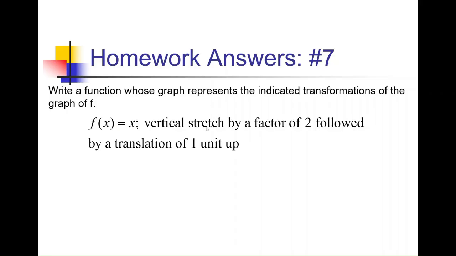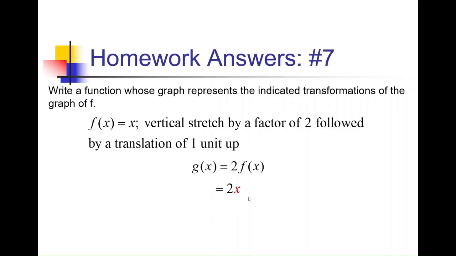So to get my vertical stretch, this is an outside change. So it's going to be outside the f function, and it's exactly what it looks like, multiplying by 2. So I'm going to write g of x equals 2 times f of x. That's my first step here. And then f of x is really just x, so g of x is just going to be 2 times